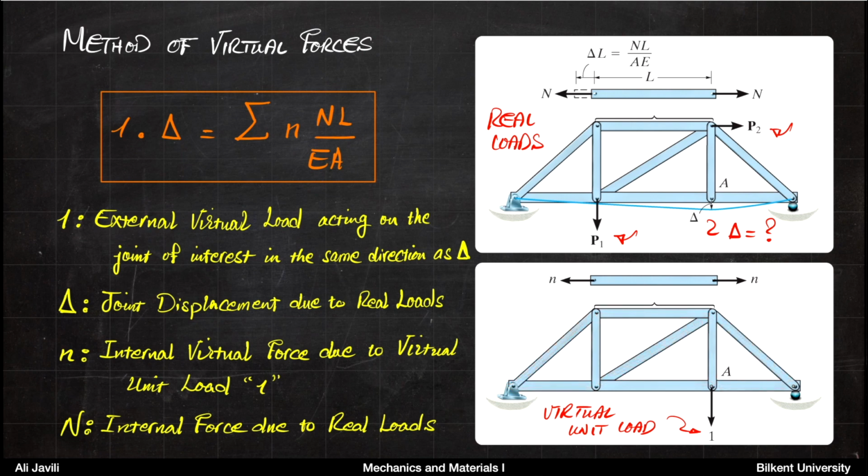And then again, the system is linear, so you can imagine if you apply a force 1 here, for instance, in this member, the force 1 there would result in an additional force n. Now, instead of 1, if you apply 2, then it would result in 2n. If you apply 5, it would result in 5n. It's a linear system. So if you apply a virtual unit load or a virtual load, you would end up with virtual internal loads that would also